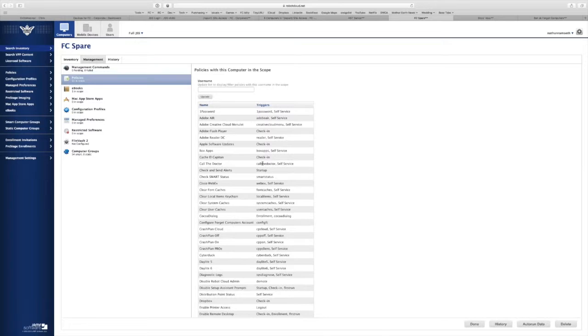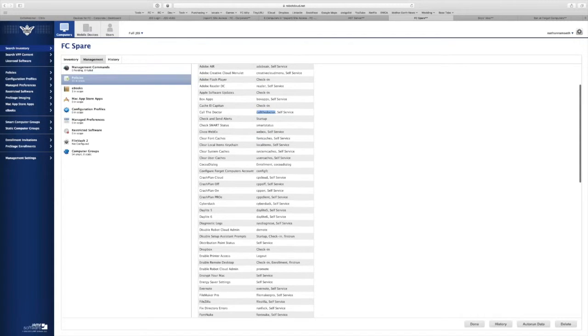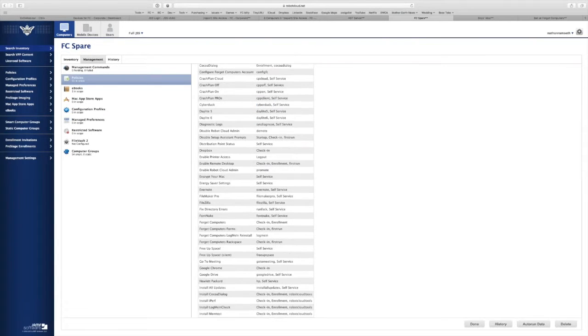Some of them are going to be manual actions that you may trigger, for example, call the doctor. Another good thing to note here is we've got all the command line triggers. Self-service, I think we've done a webinar on that recently as well, is a great tool for both end users and techs. However, if you're a command line fan and you like using terminal, SSH, Rapid Remote Desktop, so on, this is a great place to find any of these command line triggers to be able to remotely trigger these